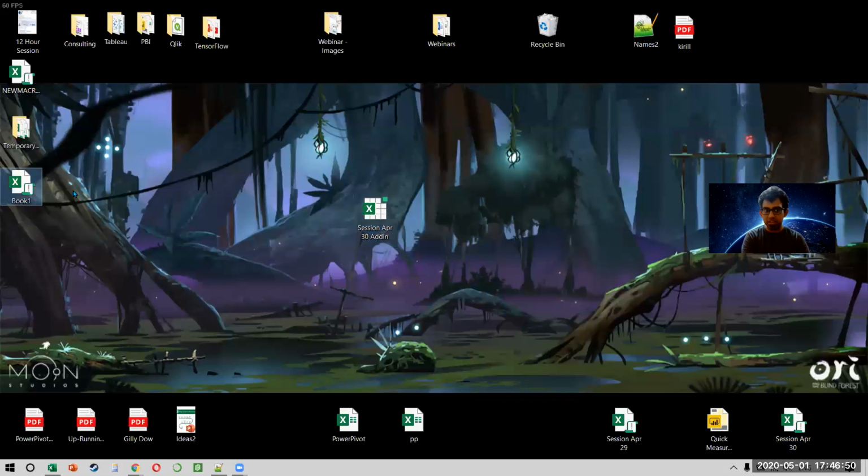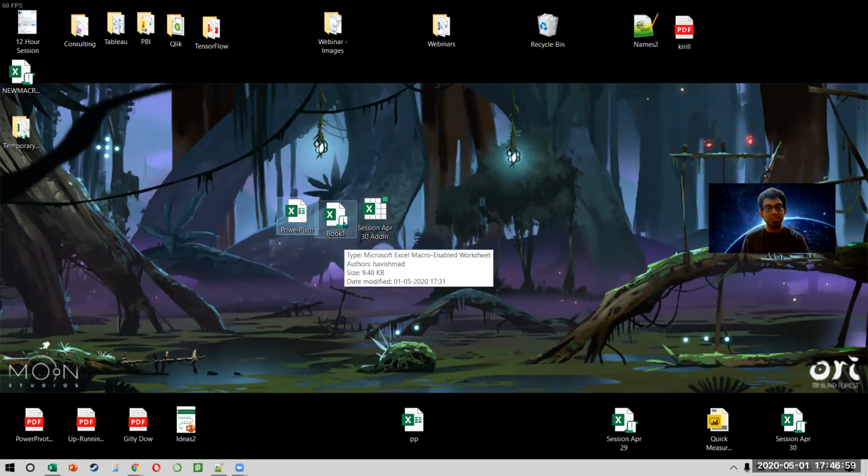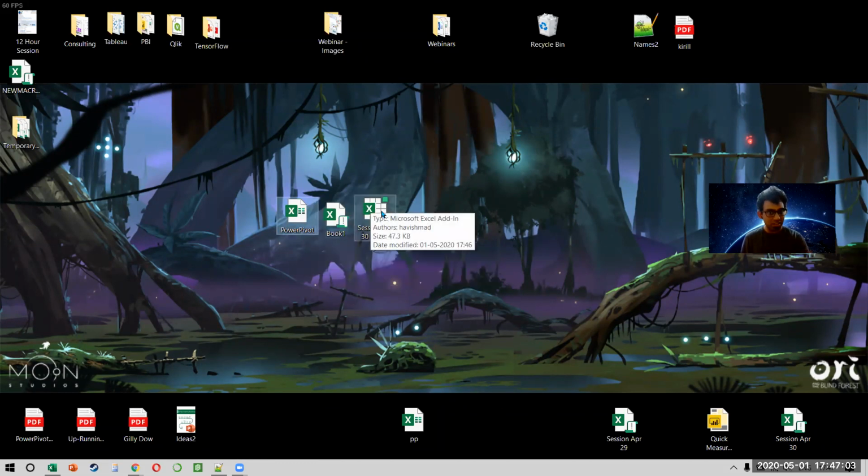This is my normal Excel file. In fact, I'll place all the three so that you can compare them. See this. This is your regular Excel. This exclamation mark means that it's an Excel file that has a macro in it. So it's a macro enabled workbook. And this one, the one that looks like a grid, is not a normal file. That means that if you double click on it,